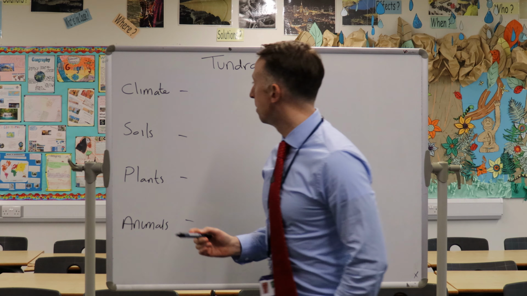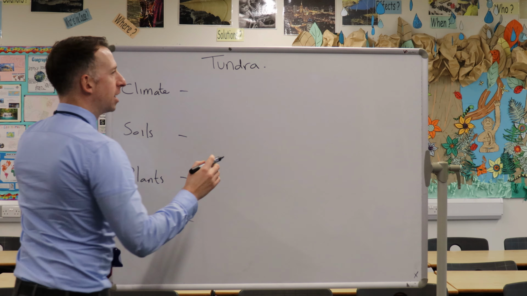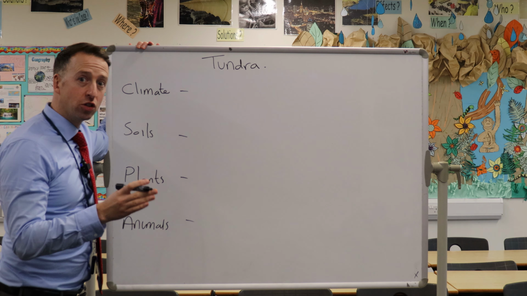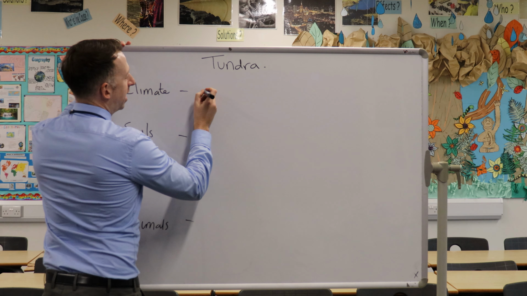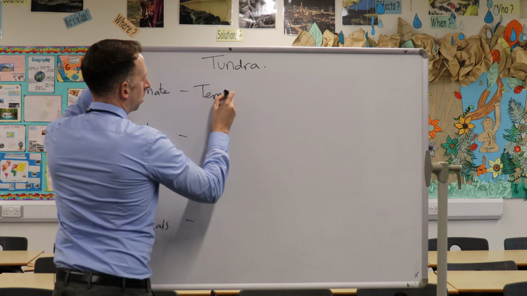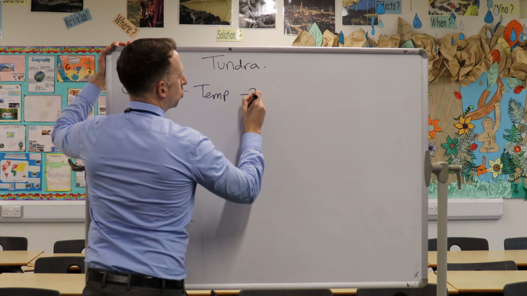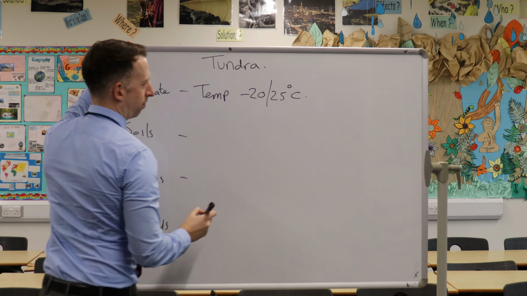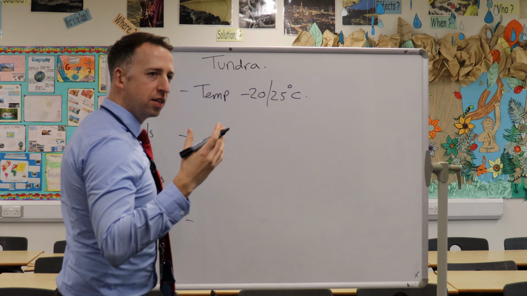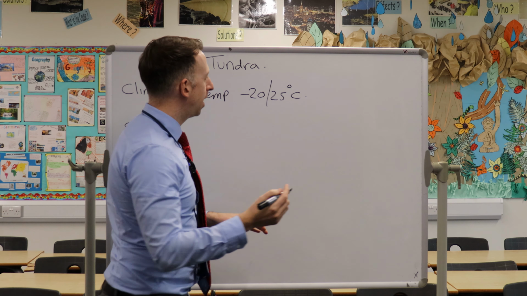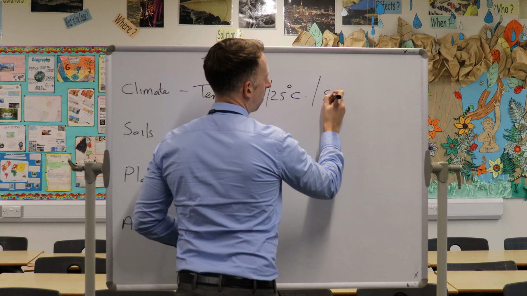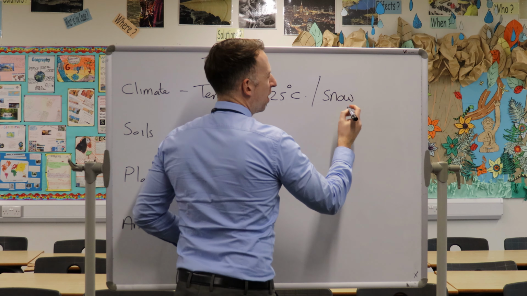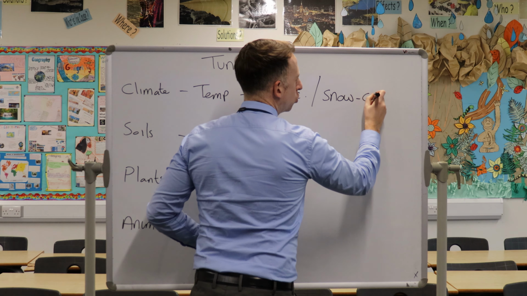So for the climate in the tundra, it's not as cold as the polar. We're looking at temperatures around minus 20, 25 degrees Celsius. You do get some precipitation in the form of snow, but that's more in coastal